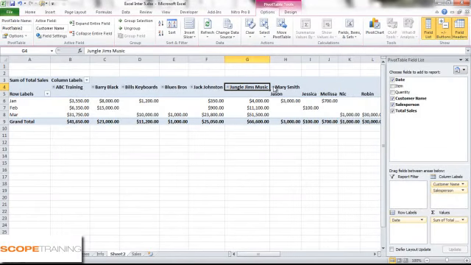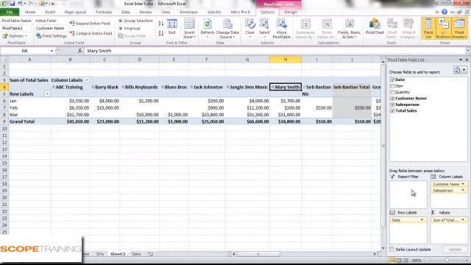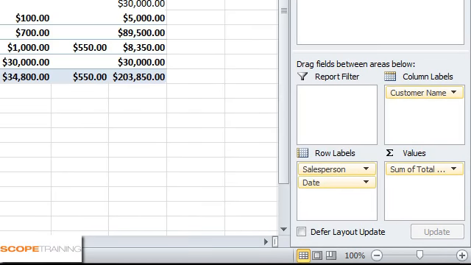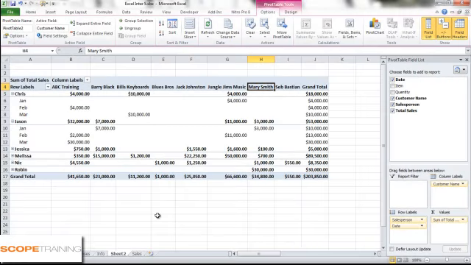The same can be done for the row labels as well. So if I wanted to have it by a salesperson in that one there, I could certainly do that. You can say there Chris, so it comes over that way as well. So it's just rearranged that information for me. So you can see that this is a very, very flexible way of working with your data. You can certainly just move these titles around and see lots of different views. You can take them out, you can put them in. As I said, you've got different report filters that you can put on if you want to narrow it down. This is certainly a very, very flexible way of